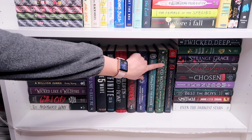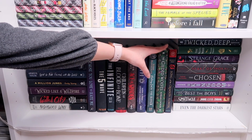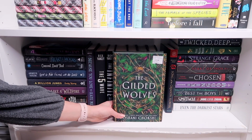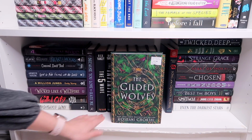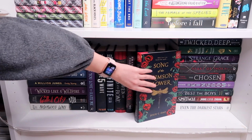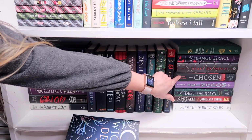And then The Gilded Wolves by Roshani Chokshi. I'm excited about this one. Again, I really liked her Star-Touched Queen series, and I know that this one, people have said, is pretty similar to Six of Crows in certain aspects, but I really feel like Roshani Chokshi's writing is going to bring a new layer to it. Song of the Crimson Flower, But Wicked Deep, and Heart of Thorns, The Chosen by Taran Matharu,